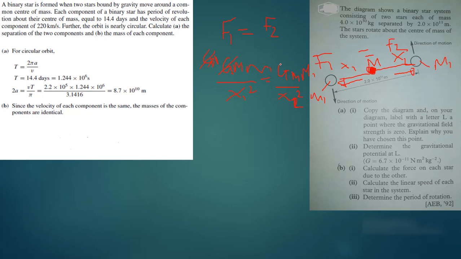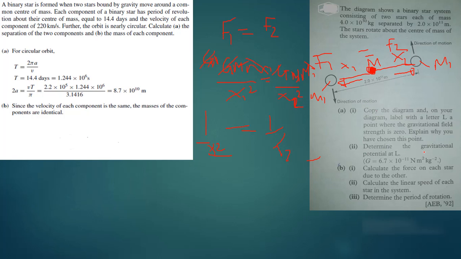G is common, m is common, m1 and m1 are the same, so you remain with 1 over x1 squared equals 1 over x2 squared. So x1 and x2 are the same, so it must be the center of the circle. You have chosen that point because it is the point where the gravitational field or gravitational force would cancel each